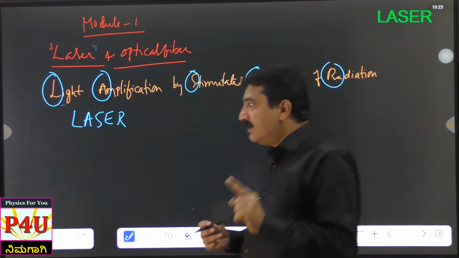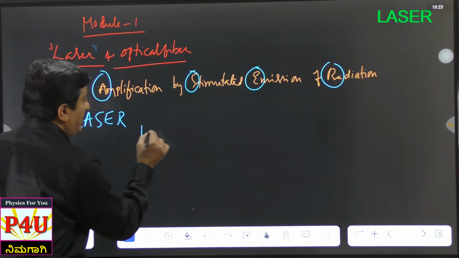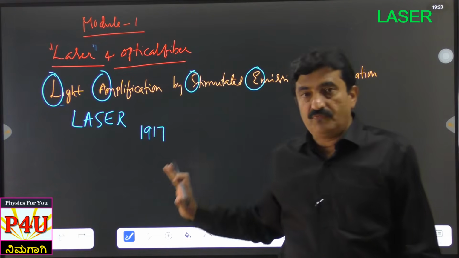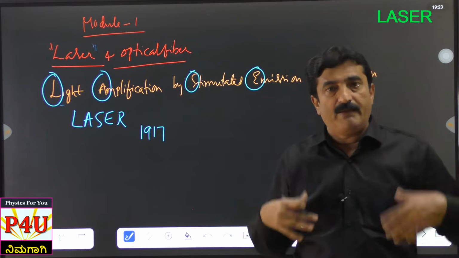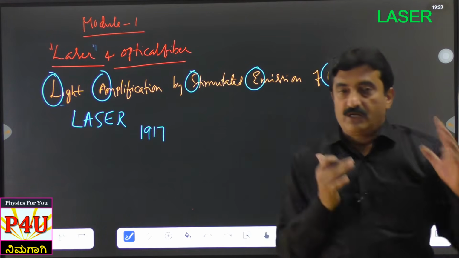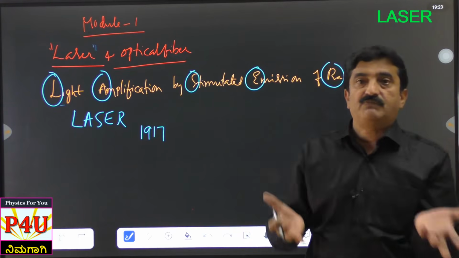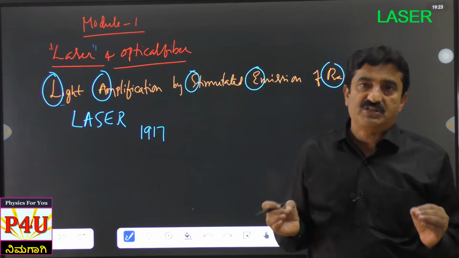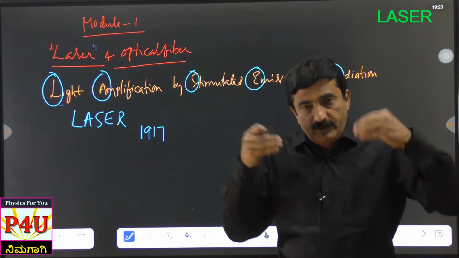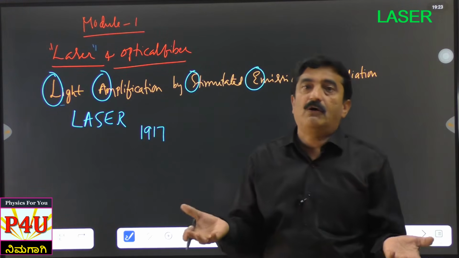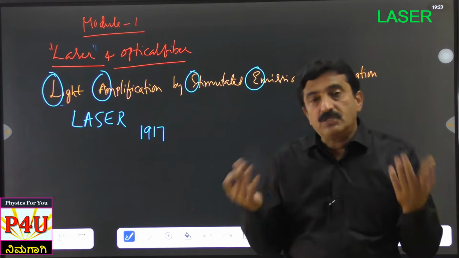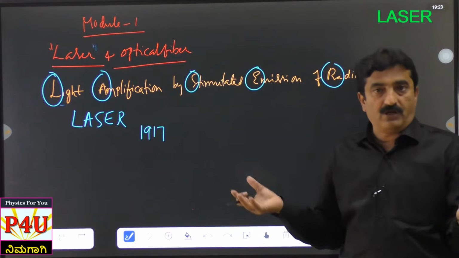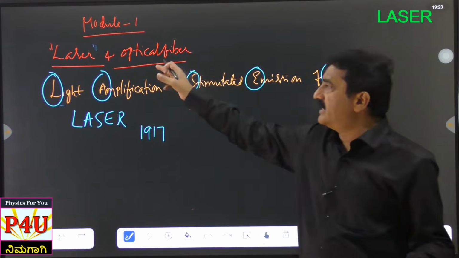First of all, the idea of laser was given by Einstein way back in 1917. Dear students, you need not worry about the history of any particular topic, but my habit is, without mentioning the efforts or historical developments, the effort put in by scientists for developing that particular concept, if we start only the topic directly, it is a sort of injustice. This is what I feel. And also, if we know the effort of scientists behind developing the topic, then we also may get motivated and get some interest in the topic. This is the main reason why I always talk about history whenever I talk about a particular topic. The same thing happens in the case of optical fiber also.